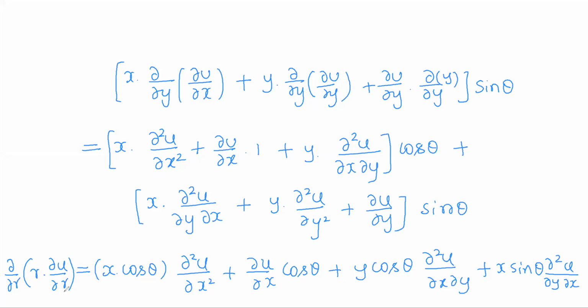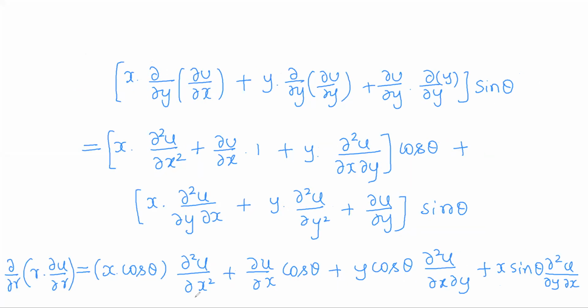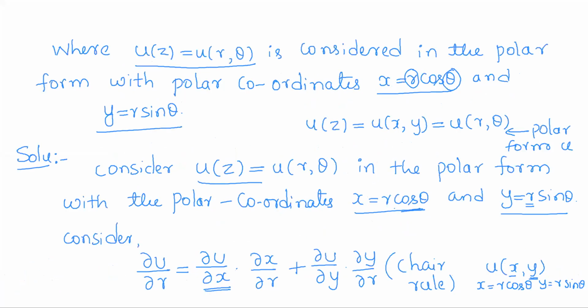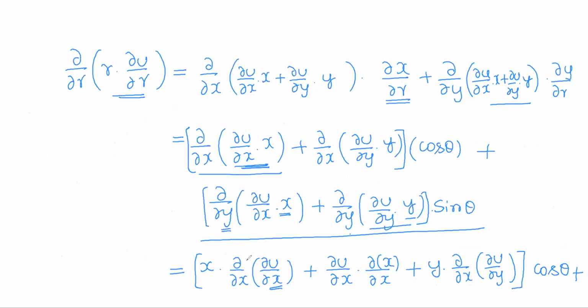So at the end of this step, what we got? So we started with differentiation of r into dou u by dou r with respect to r partially, and we completed it. So at the end of this step, we got this equation. Dou by dou r of r into dou u by dou r is in terms of x, y, and theta also, right? So next step, what we need is r into dou by dou r of r into dou u by dou r. So this part is completed now, so I have to multiply r to it. So now we shall multiply r to the obtained equation.